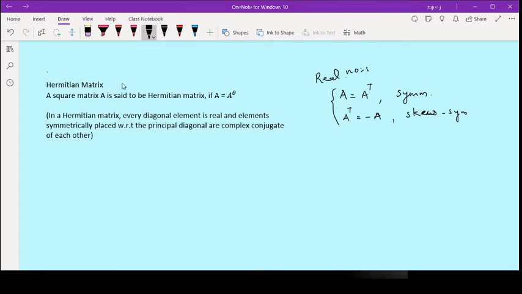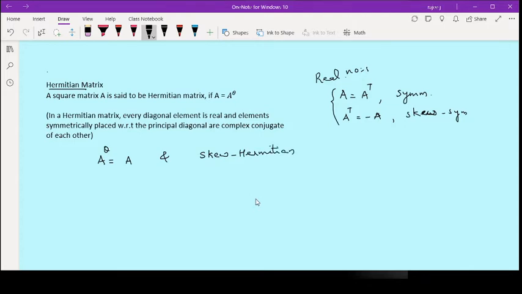So when the elements are complex numbers, then comes Hermitian matrix. When the elements of a matrix are complex numbers, then you define this Hermitian matrix. And the matrix is said to be Hermitian if A theta equal to A. And next one is skew Hermitian. And skew Hermitian if, can you say,